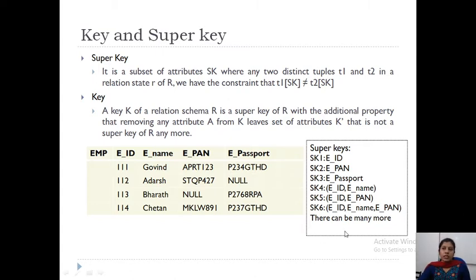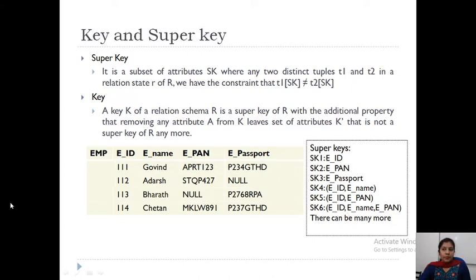Then if I take employee ID, employee name, employee PAN number, here if I remove employee PAN number, will this still have the super key property? Yes. Minimal super key means if I remove, then it should not be able to identify the uniqueness. But in this case if I remove employee PAN number, I can still identify the unique tuples in the relation. That's why SK6 is also not a key, but it is a super key.